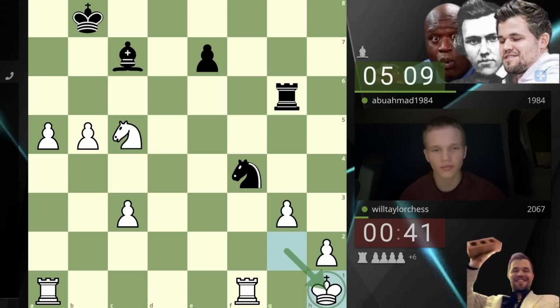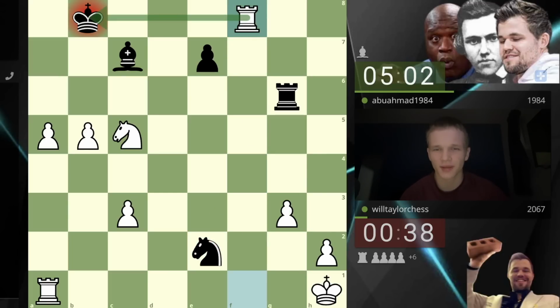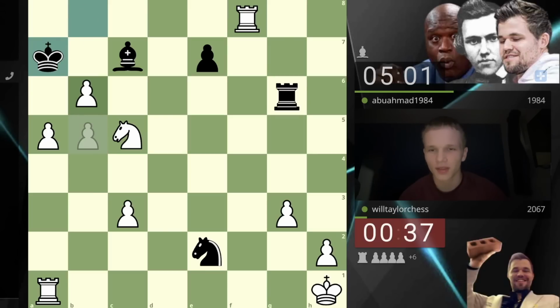I just put my king right in the corner. I don't care about going out here and attacking your knight. I care more about the fact that your knight's now hanging. You move it, and here's where I can go check. Maybe it would have been more accurate to do this first. Then I can go